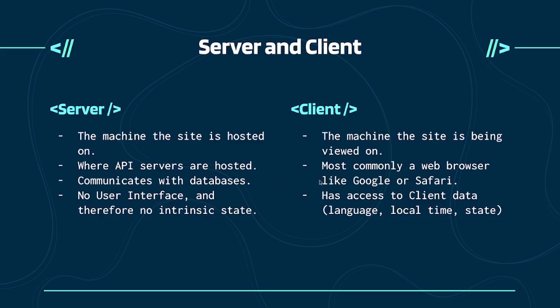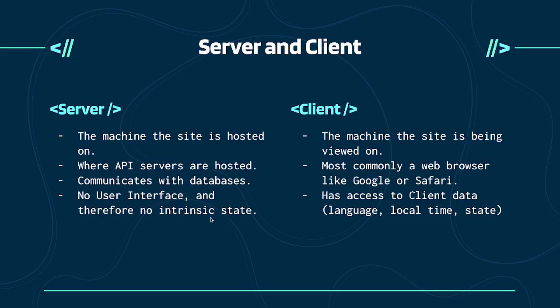And so some differences between the two. Servers, this is as far as I'm going to get into APIs, this is where the API servers are hosted. It communicates with your databases, and fundamentally speaking, we don't want to have direct access to all of our vital information on our client, because then I could open up inspect element and break everything. I could spam the +1 rank button on a certain site and make someone number one on the leaderboard if I wanted to, right? So we don't want that kind of paradigm set up. We do want to separate them.